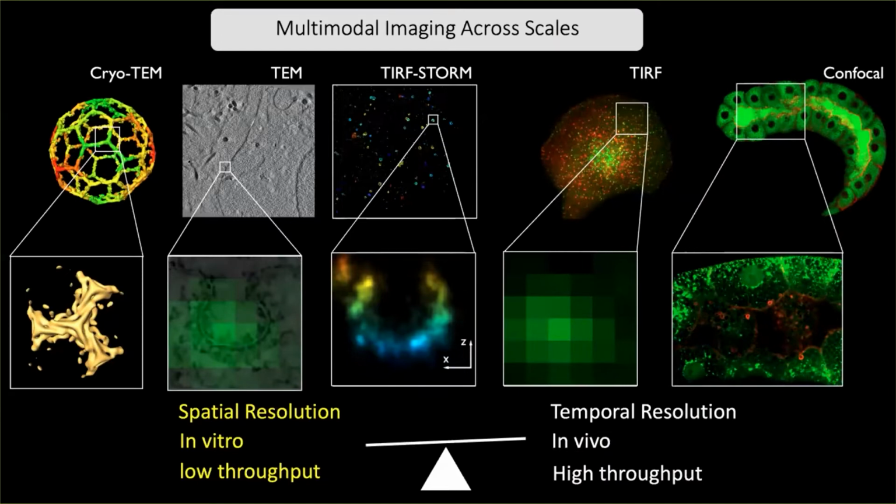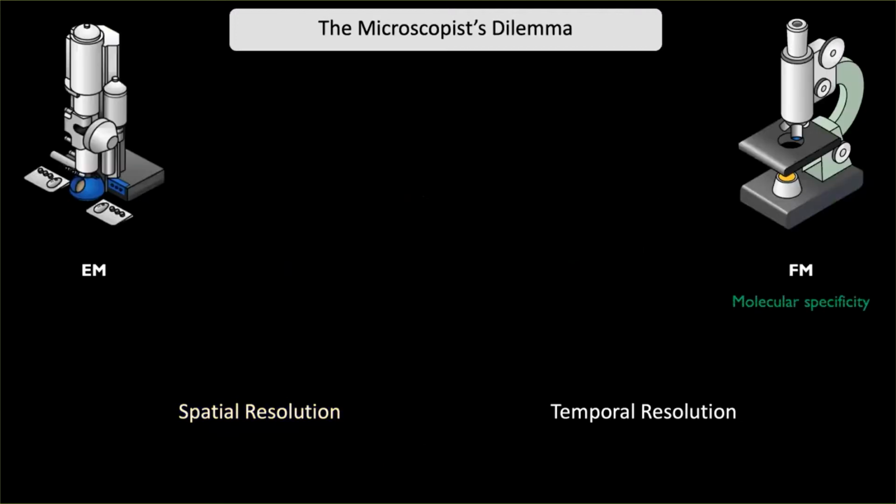And what we try to do with correlative microscopy, and I would say these are the examples where you gain the most out of doing that, is we try to make a better compromise between these different elements, to apply one, two or more imaging modalities to the exact same substrate and find ourselves somewhere in the middle. So to try and summarize what I've just told you up to this point: